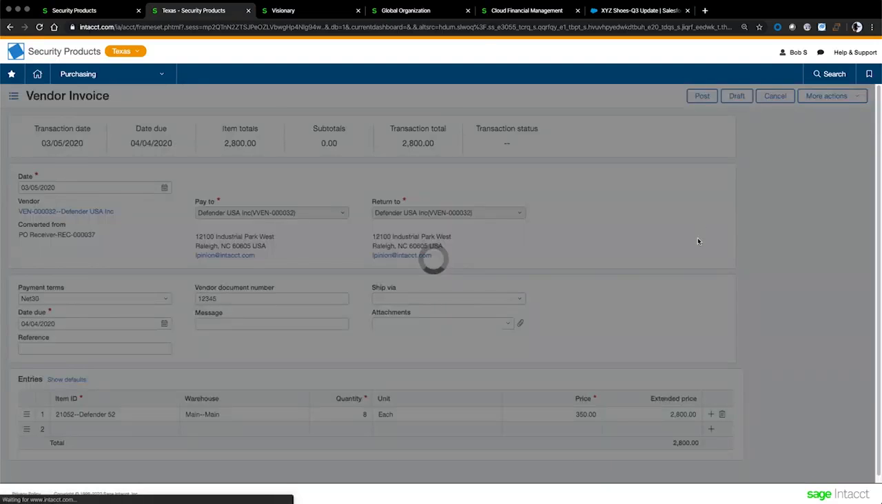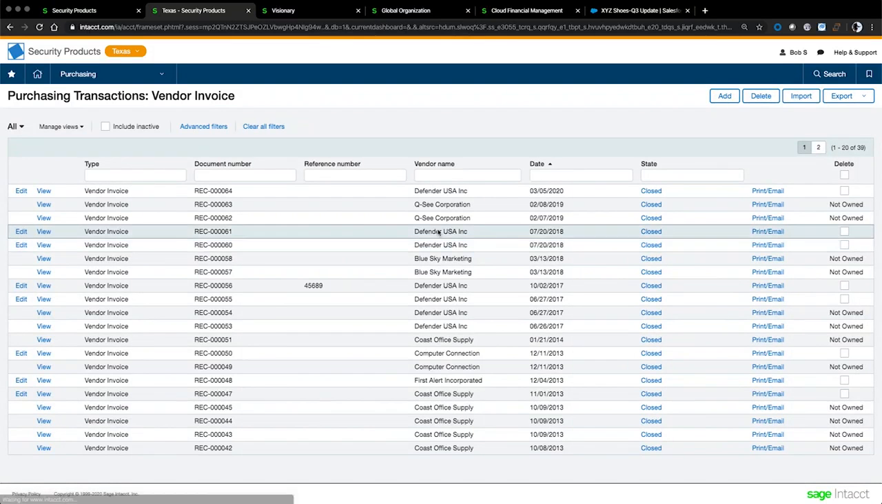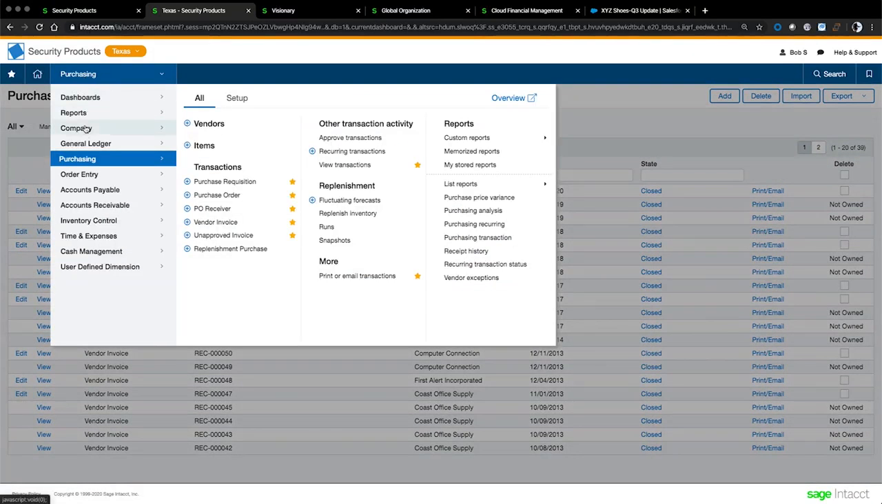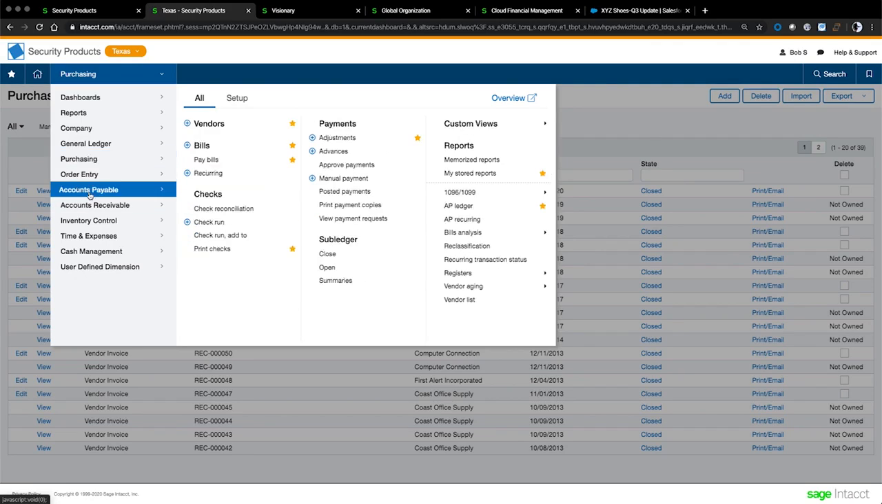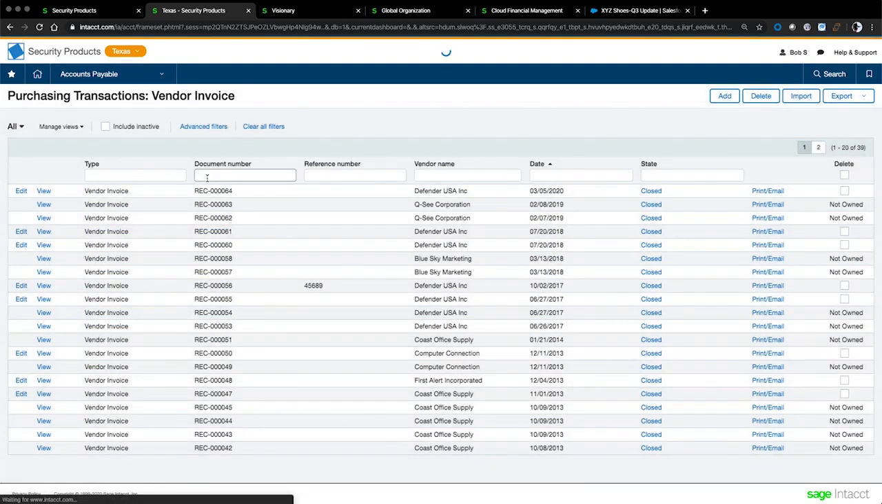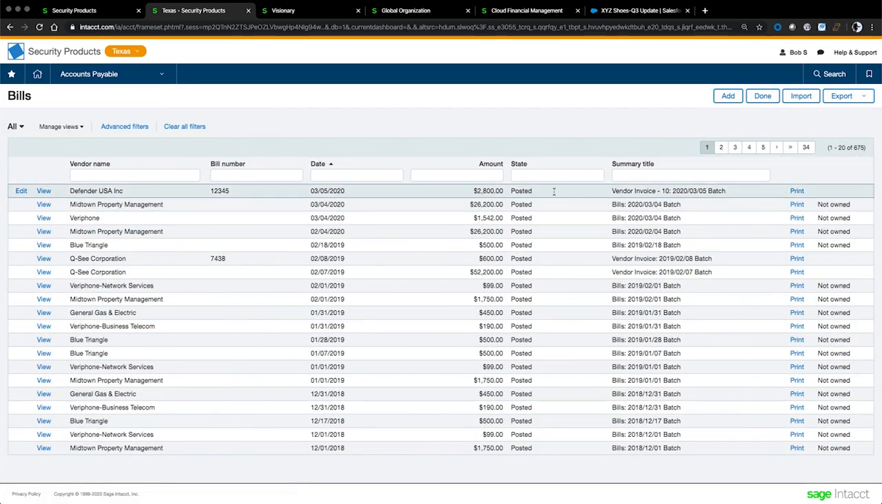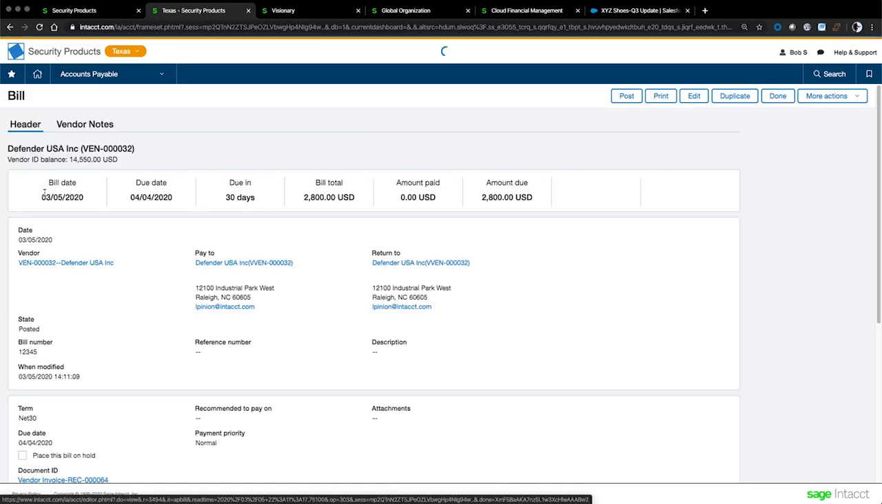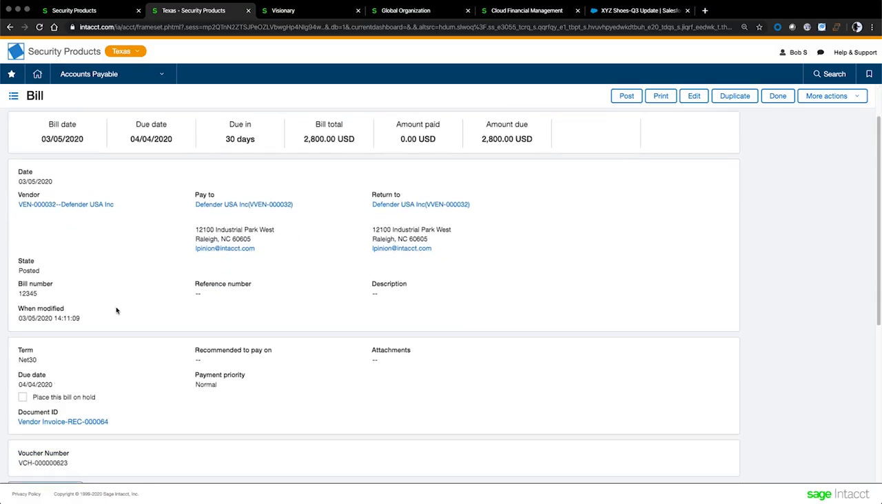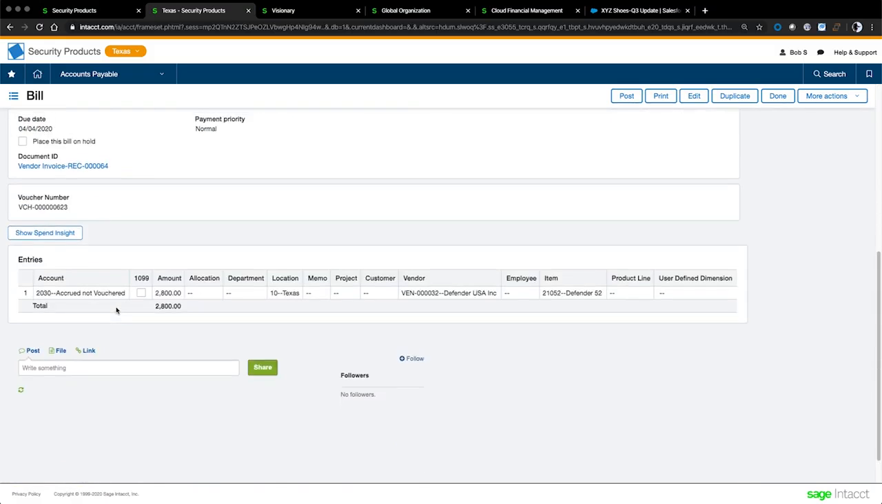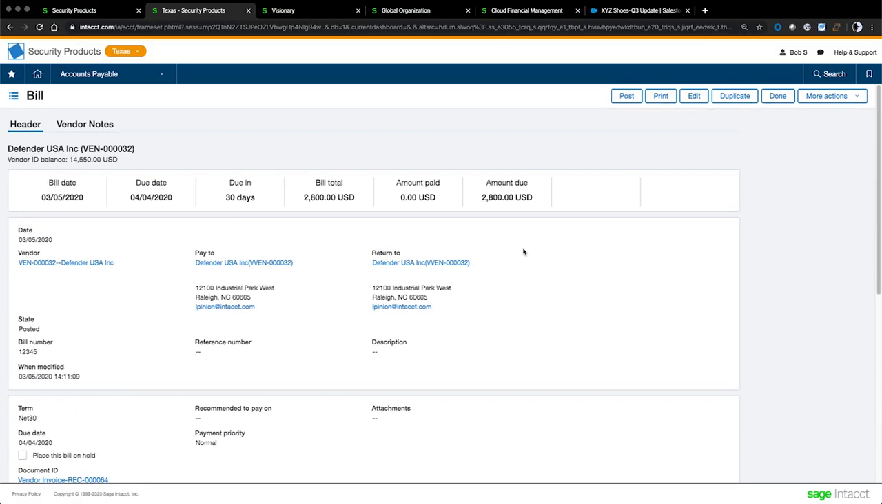So now if I go look at my bills in accounts payable, I see that I have this new bill to Defender USA. I can choose the bill and see everything that's on it. Now it's keeping track of account and amount rather than item and quantity. This is going to fall nicely into my chart of accounts and hit the general ledger. I've still got all the information about the bill, and from here I can select bills to pay and move